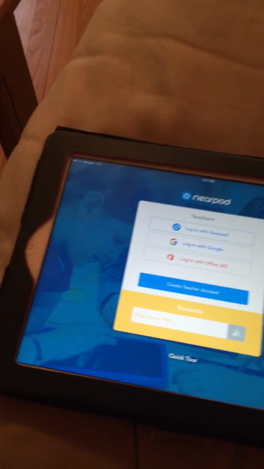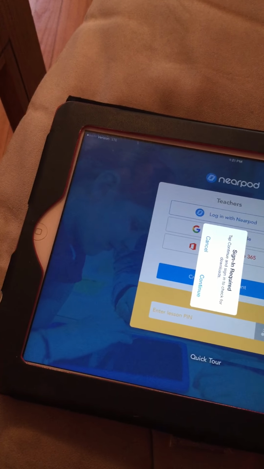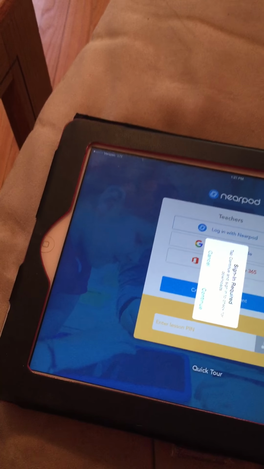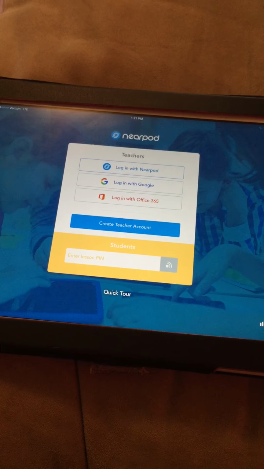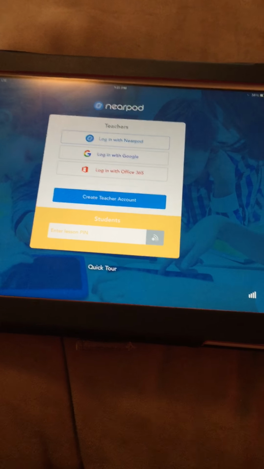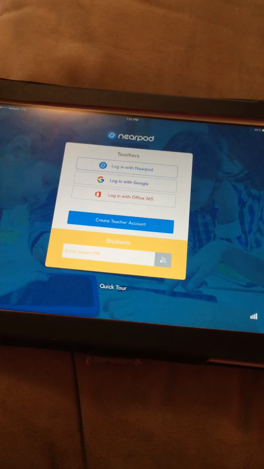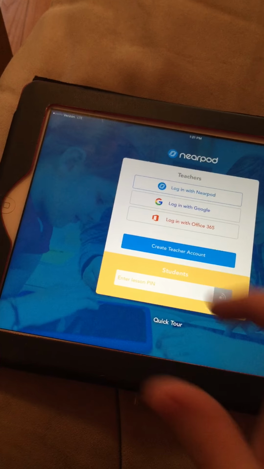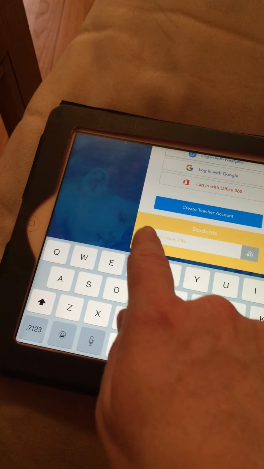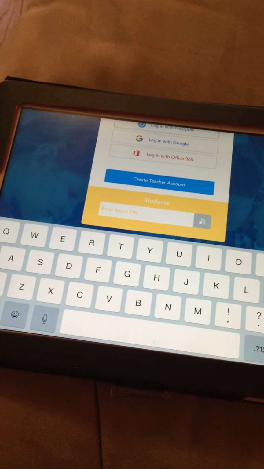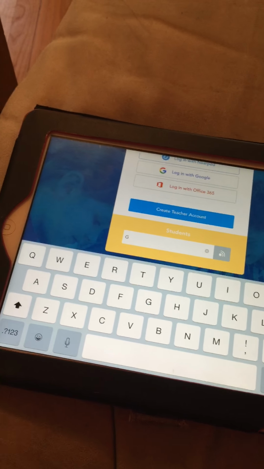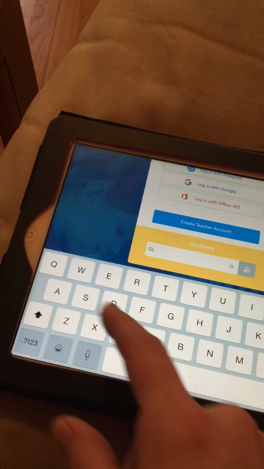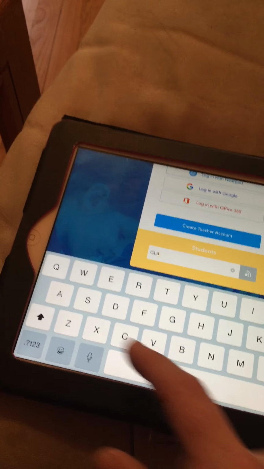I do not want push notifications. And they do not need to sign in or anything. If students use NearPod frequently, that could be beneficial, so then they don't have to type in their name every time, but it's not that important. All they need to see is that there's an enter lesson pin, and that's where they would type in the 5-digit or letter code. So for us, it's GLAZS,